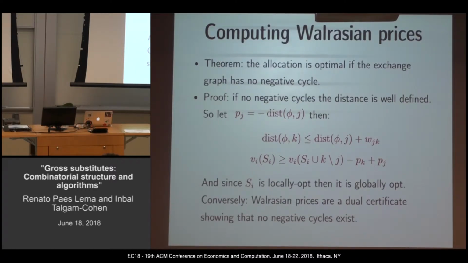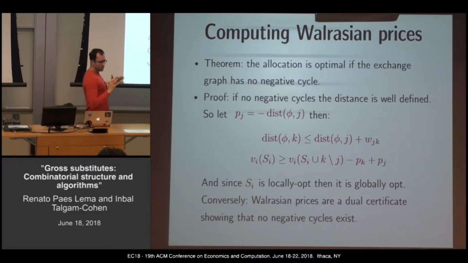And if we write this expression by substituting distance by minus p_j and w_jk by what it actually is, a differential, you arrive at something that says that buyer i, for the current S_i, prefers S_i to adding k and paying for k and dropping j and getting back what he's paying for j. Which means that if there is a distance function and the prices are minus the distance, buyers don't want to swap any item they have for an item they don't have. If you do the same exercise of substituting for the other edges from the dummy items, you see they also don't want to acquire or remove an item.